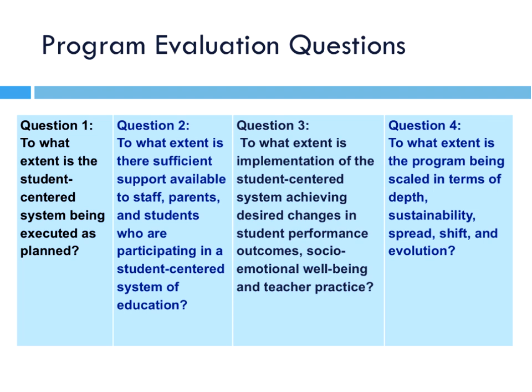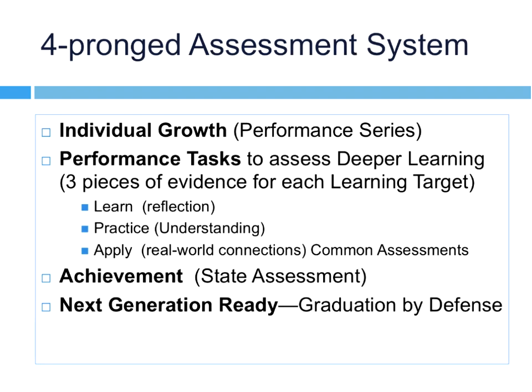3 and 4 deal a lot with second year, third year, where we're starting to look at what are some of the outcomes or changes we're seeing not only in teacher practice, but in student performance outcomes, and then well-being, which Liz talked a little bit about. And then 4, which is what we'll really start focusing heavily on this year moving forward, is to what degree are we able to really scale the program, and looking at things such as sustainability, depth, the shift in practice, and then evolution. Our schools are starting to really personalize it and make it their own. So let's dig a little bit deeper.